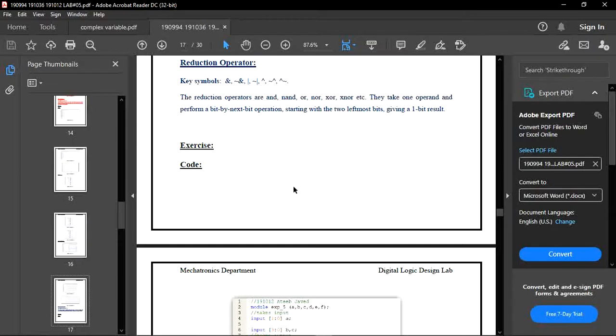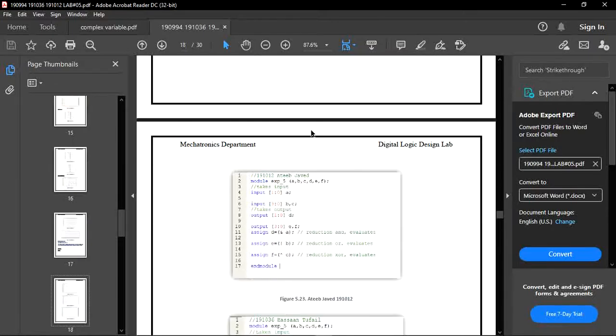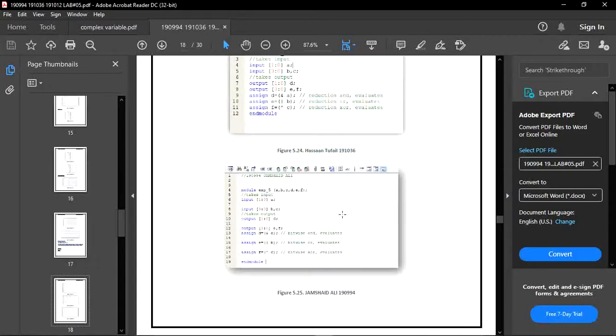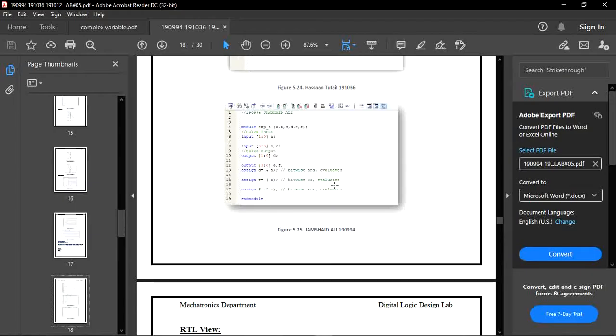For that exercise, first of all we have to write the input code in Quartus. So this is our input code in Quartus which I wrote. First of all we have to declare all the inputs and outputs as in previous cases, and after giving sizes to inputs and outputs we have to perform all the assign operations.